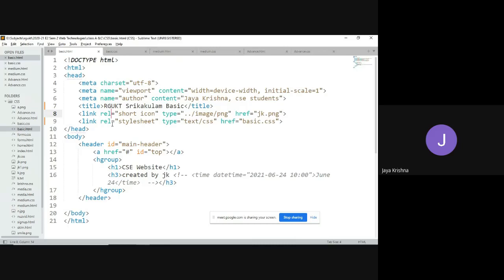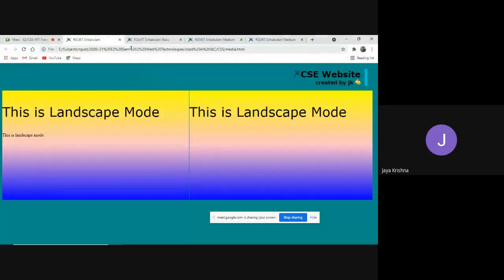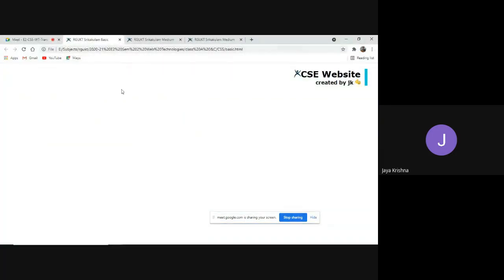I have taken this code already, which you already know. For this, I have attached a basic.css file also. If you open that in the browser, observe, I have already opened it. So without wasting any time, this is a basic web page.